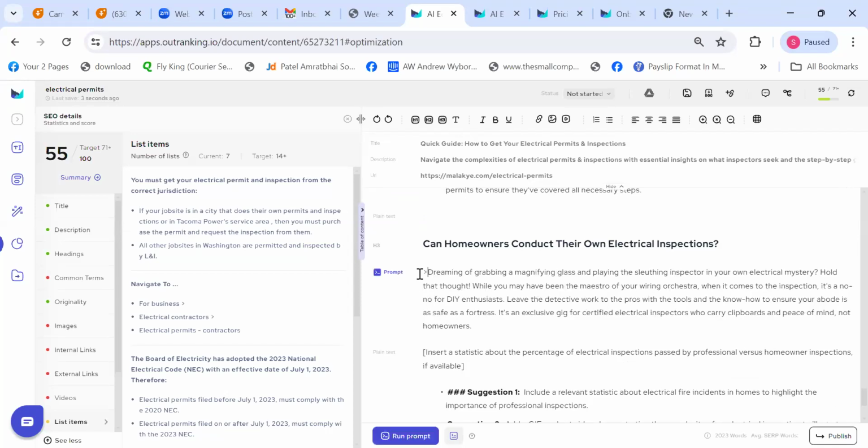So let's say I add a greater than sign. I say rewrite the content in bullet points format, and then I put everything into inverted commas, and yeah, I'll click on run prompt.